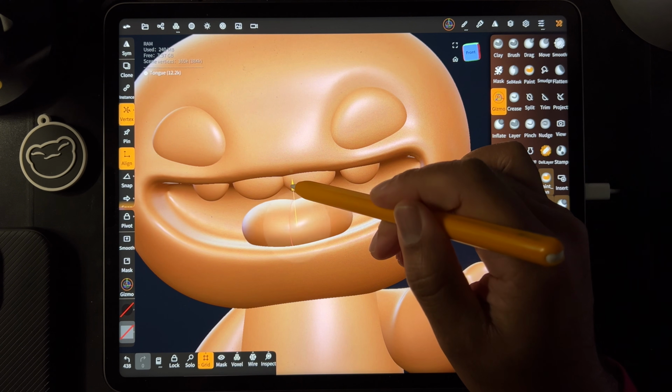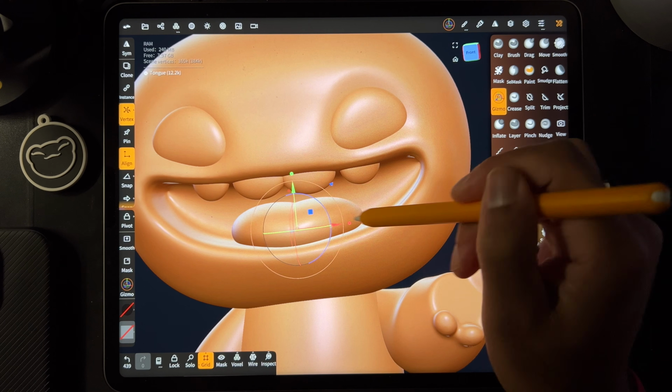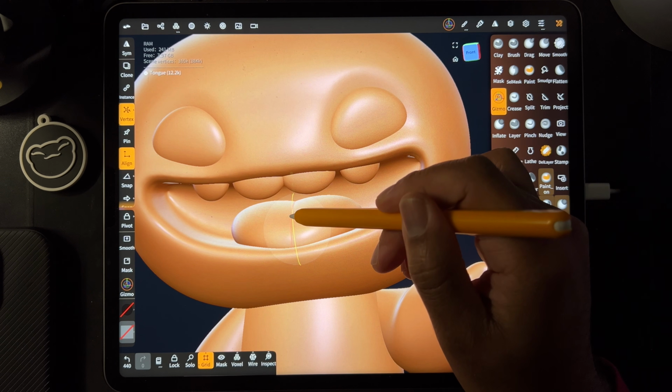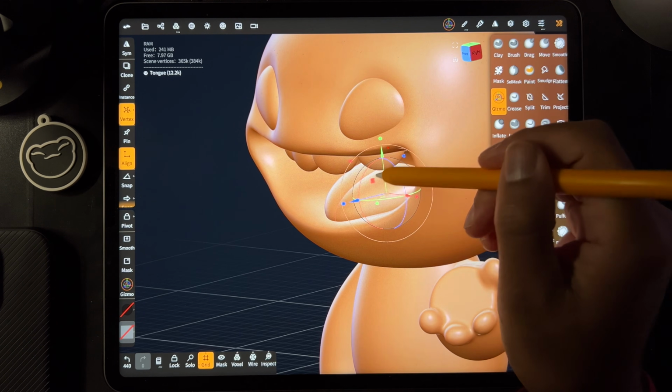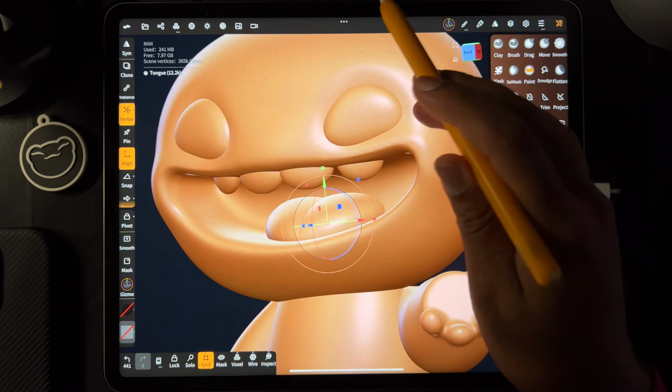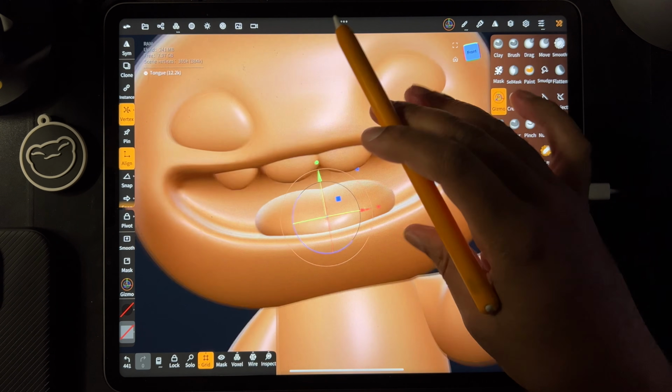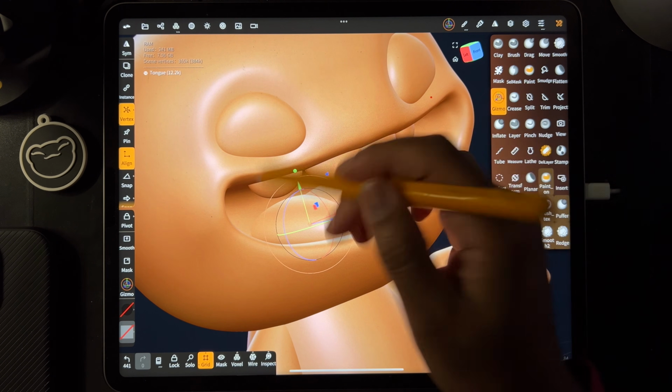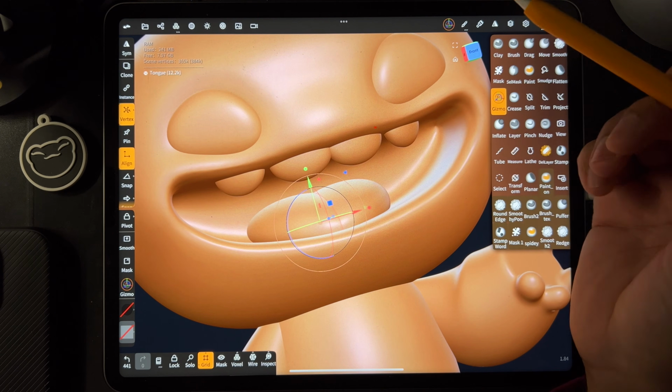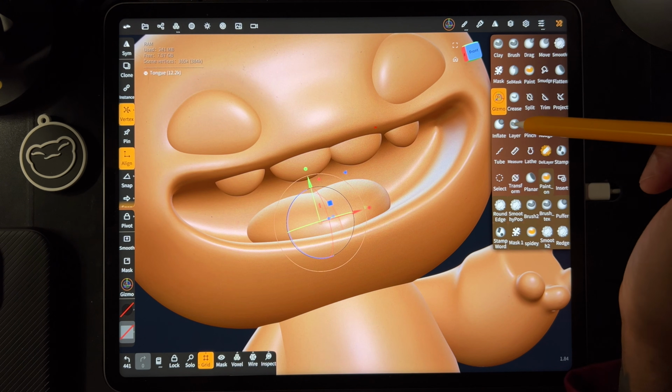Okay, so now we'll place the tongue. Maybe we want it a little bit wider. Tilt it forward a little bit. Move it back a little bit more. So now he's got his little tongue in there. And let's say you're like, the tongue goes into the back of the head. It looks weird. What you can do is hit layer,